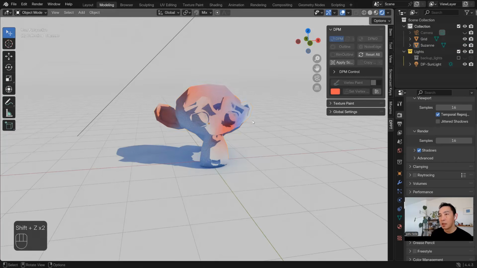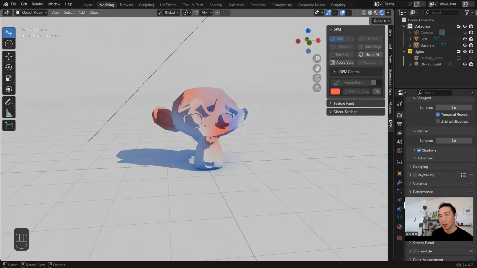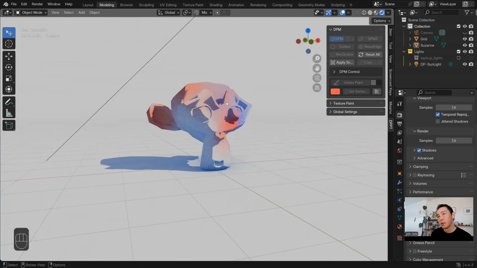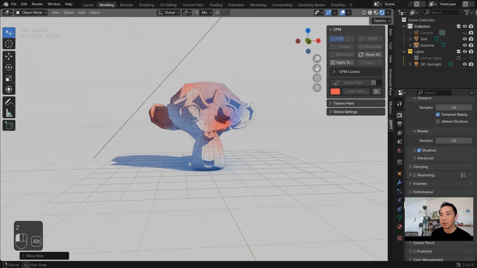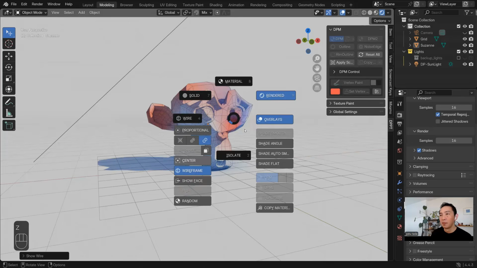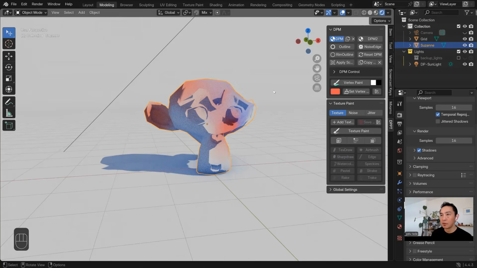Right. So the vertex paint is good in that you don't have to worry about texture, but then you don't have much detail because you're just painting to the point. You don't have many points in here. But to have more detail, you should paint with the texture, right? So click this geometry and then hit add texture from this section.